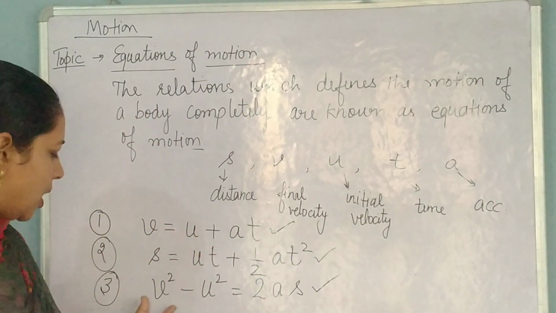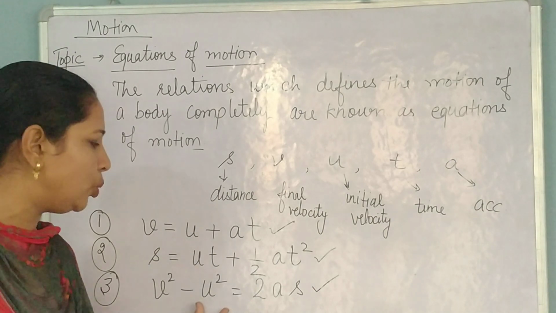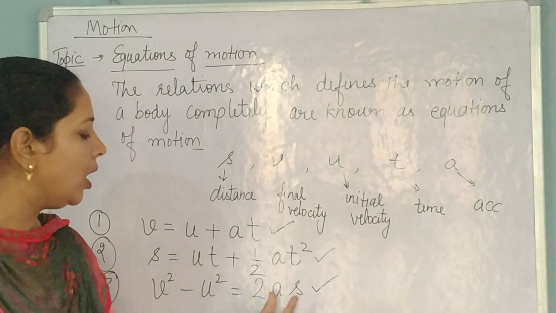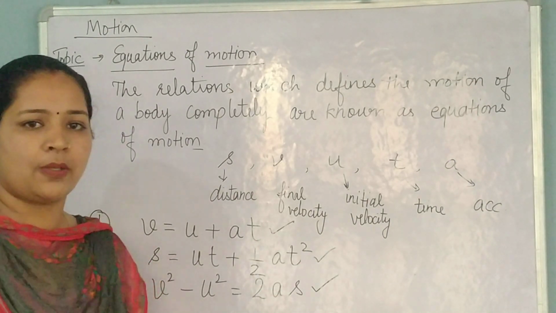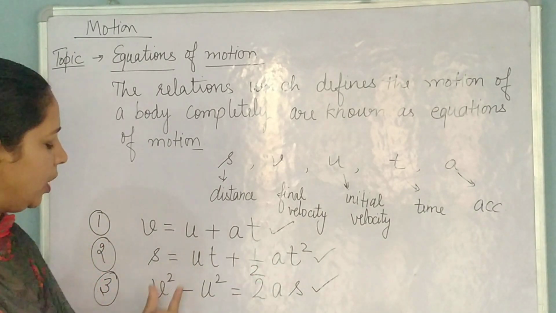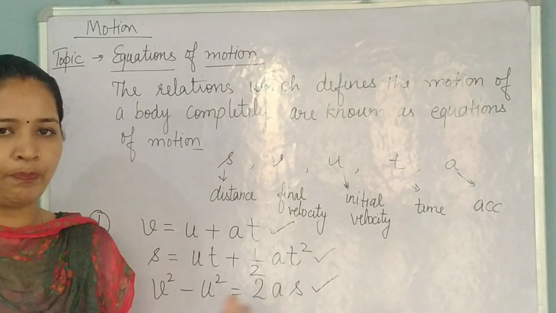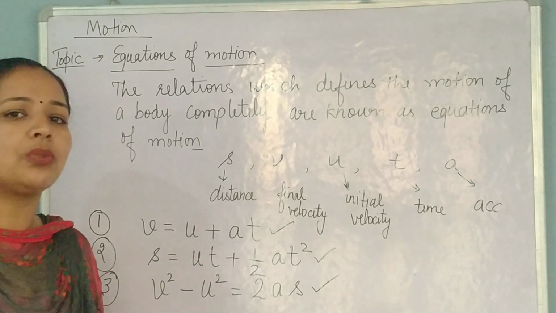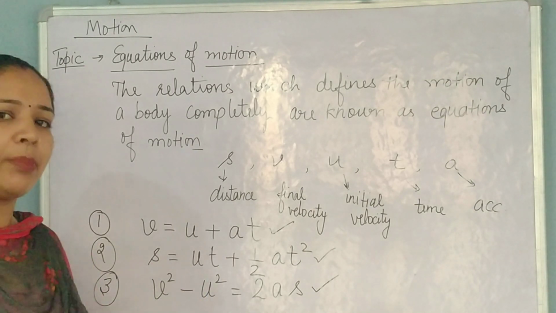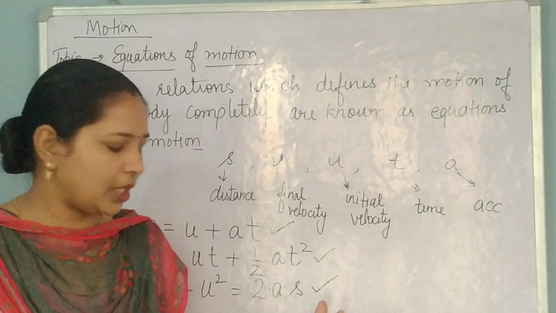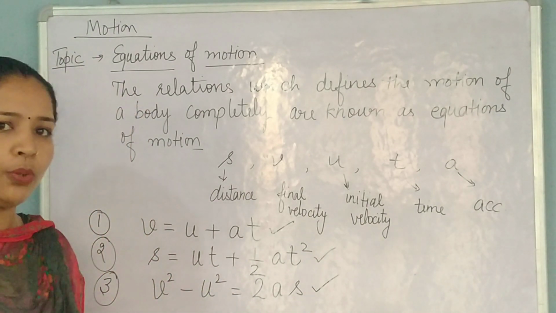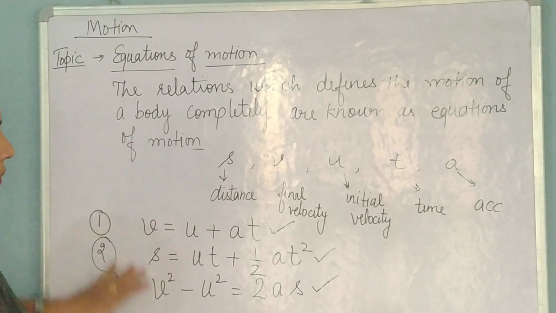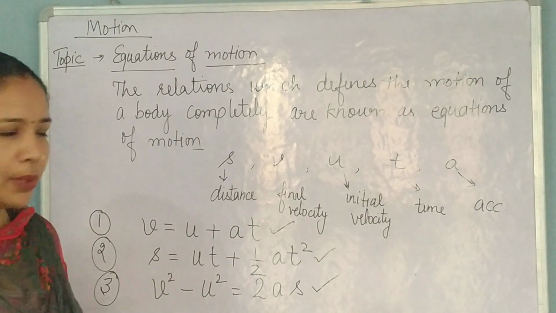And one more thing students that you have to keep in mind, your writing must be clear, that clearly समझ आना चाहिए कि आपने V लिखा है, U लिखा है, T लिखा है, A and S. क्योंकि कई बार V और U को अगर आप सेम सिमिलर बना देते हैं तो डिफरेंशिएट करना मुश्किल होता है कि आपने किसे पहले लिखा है. So take care about your handwriting also. These are the 3 equations of motion.